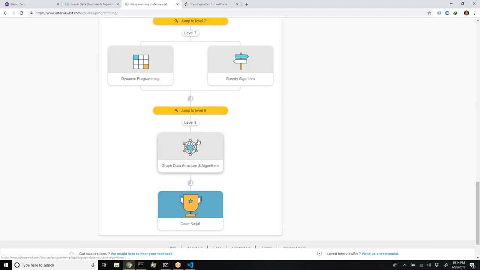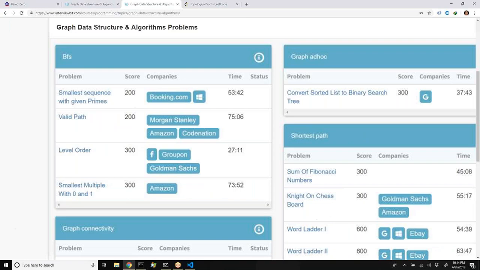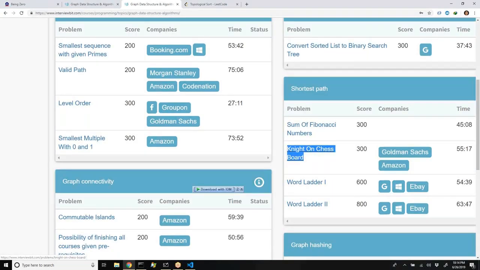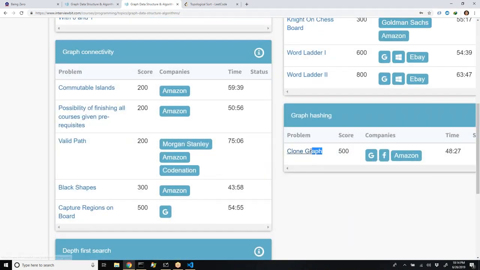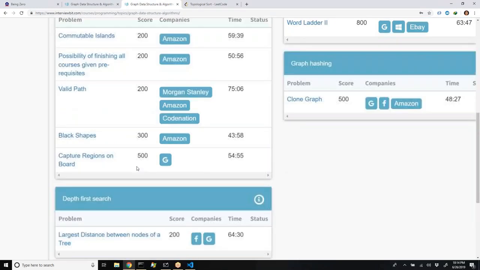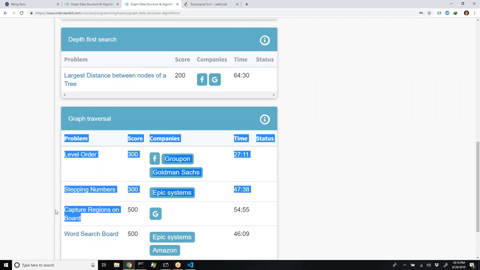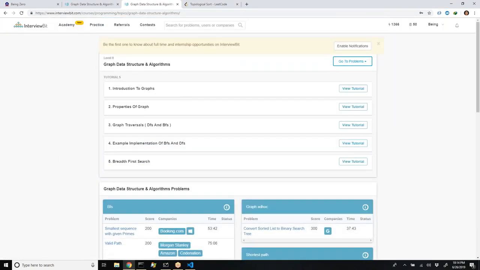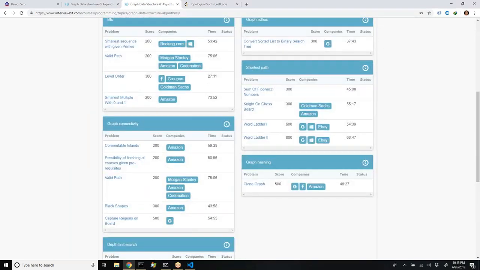But in graph, there is another category of 2D matrix problems. I think InterviewBit has not put any pure graph problem. They have put all the problems on 2D array. This knight on a chessboard, word ladder is a word problem. Then clone graph is something I can say is a pure graph problem. Otherwise, if you see, most of their problems are based on either the board. This is a board problem. This is a board problem. They are using 2D matrix as a graph. So 2D matrix kind of problems are easy to deal with if you have solved some problems in that category,